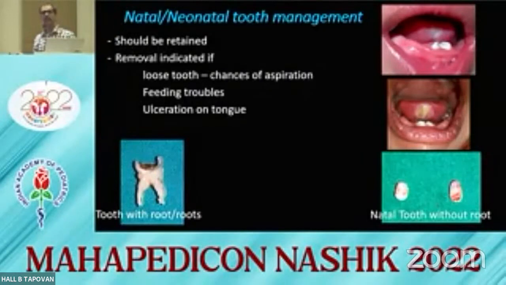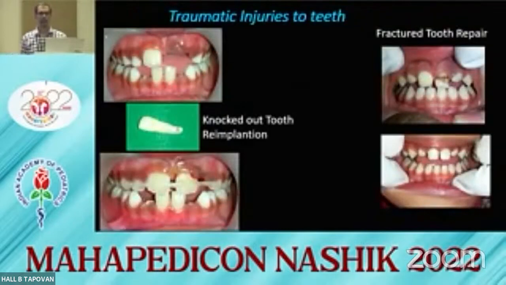Now, why does this happen? Because the normal tooth has this big root to support itself. The neonatal or natal tooth does not have the root, and that is the reason why with the slightest of push, it can be displaced and aspirated. That is the reason why if it falls in these three conditions, we have to extract the tooth in a hospital setup. In case of a traumatic injury, any tooth which has been knocked out can be reimplanted if the